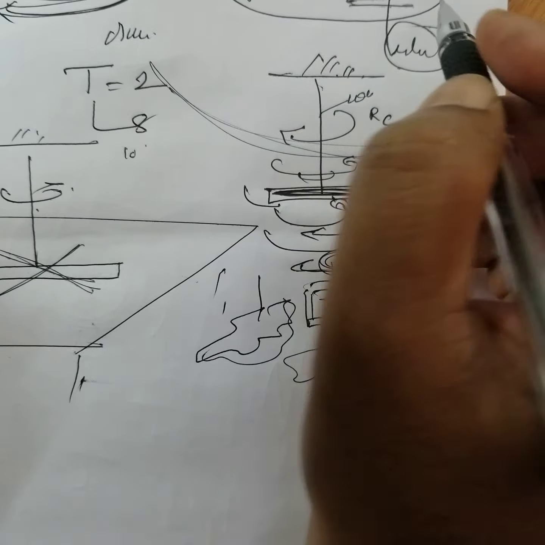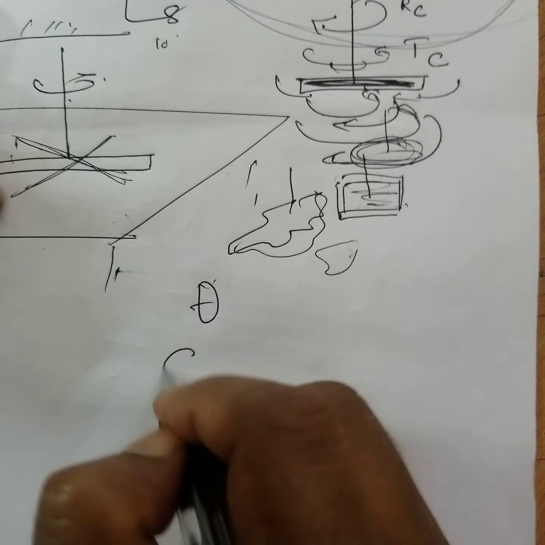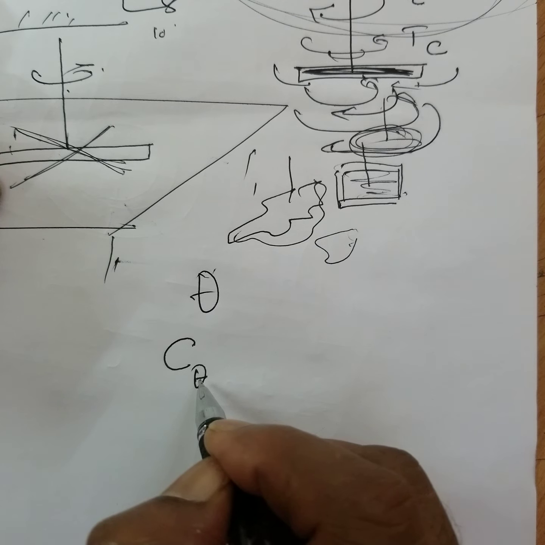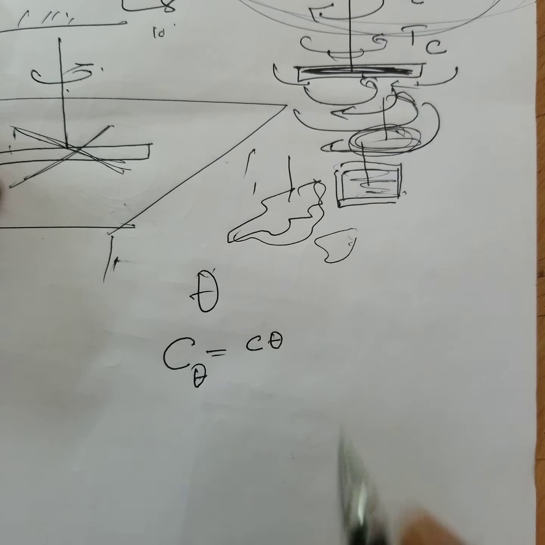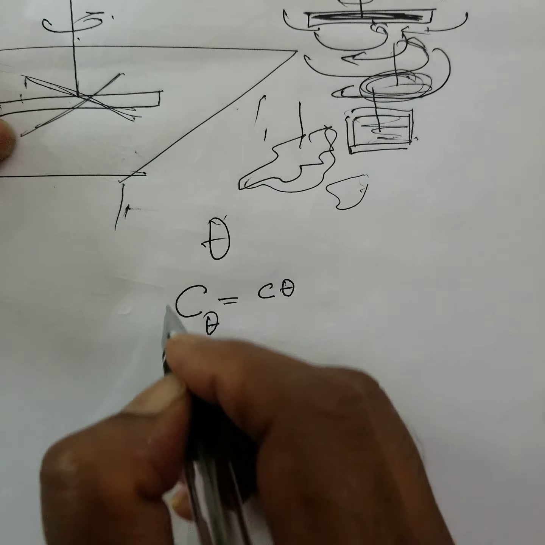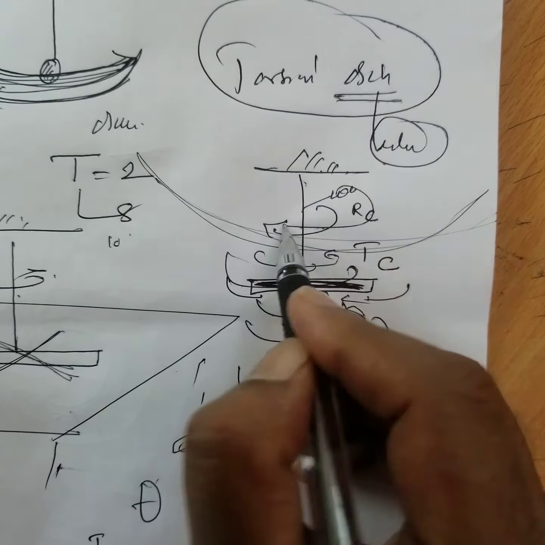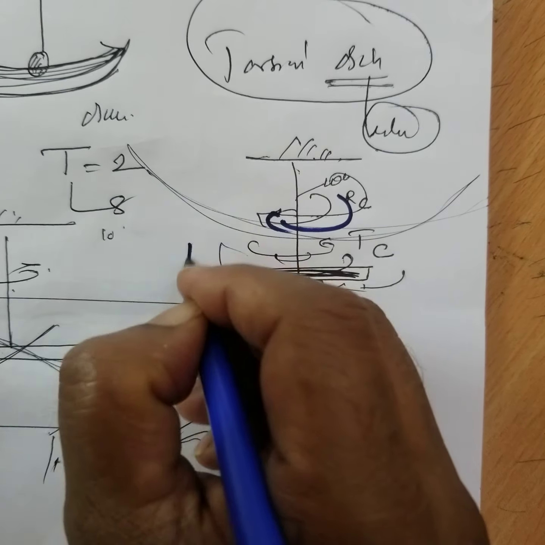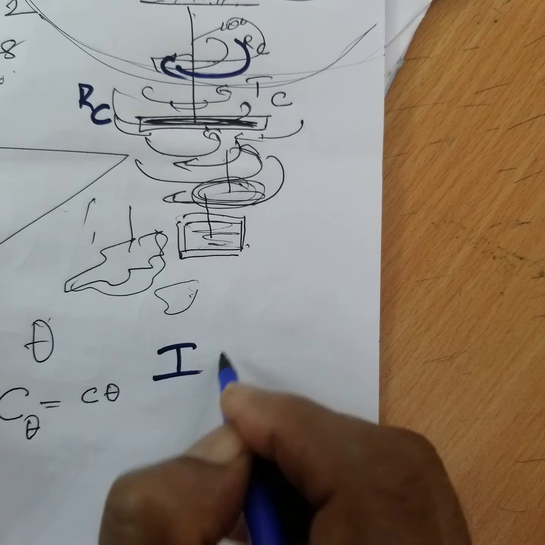Now, suppose you rotate through an angle theta. Then what is the couple required to rotate, say, 10 degrees? Couple per unit twist into theta. This is called twisting couple. When you twist it, what will happen? There is a restoring couple. A restoring couple is formed. This is called restoring couple. The restoring couple is equal to I alpha.